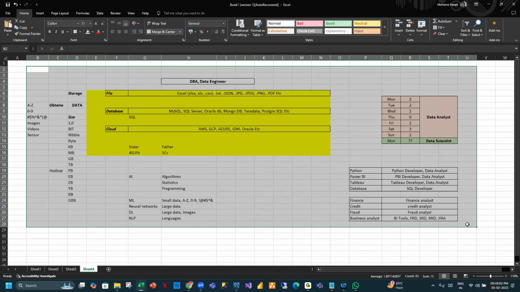Similarly, a database can store the data, but when it comes to querying and performance, it will buffer.